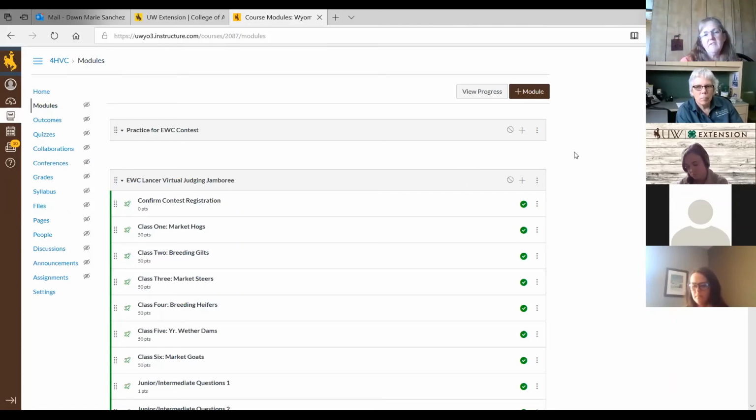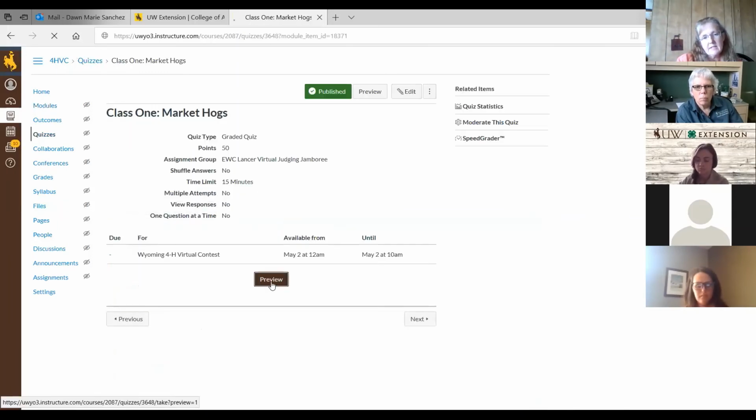But that's the beautiful advantage of using Canvas, I think, versus using some other platforms like Google Docs and things like that. I really did go back to see if we should jump ship and do a different platform. But there's things in here that you can't do in Google Docs. Like, we can't turn it on and turn it off, right? In Canvas, we can. If I go into this Market Hog class, I'll just show you this really quick,